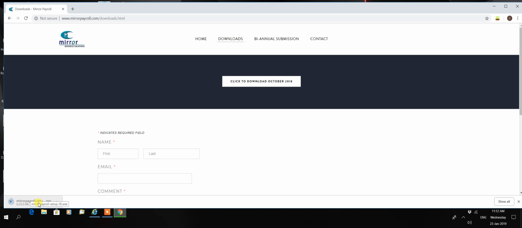You'll see that the file is quite small. It's only 5.3 megabytes. So if you have a decent line speed, it won't take long to download. When the download is complete, open it up,